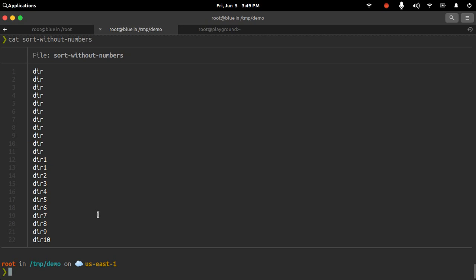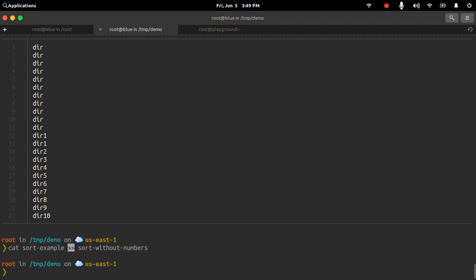There is a good question: what is the difference between tee and arrow redirection? So arrow redirection will also do the same thing. If I do arrow redirection like this to this particular file, with double arrow redirection it will append.